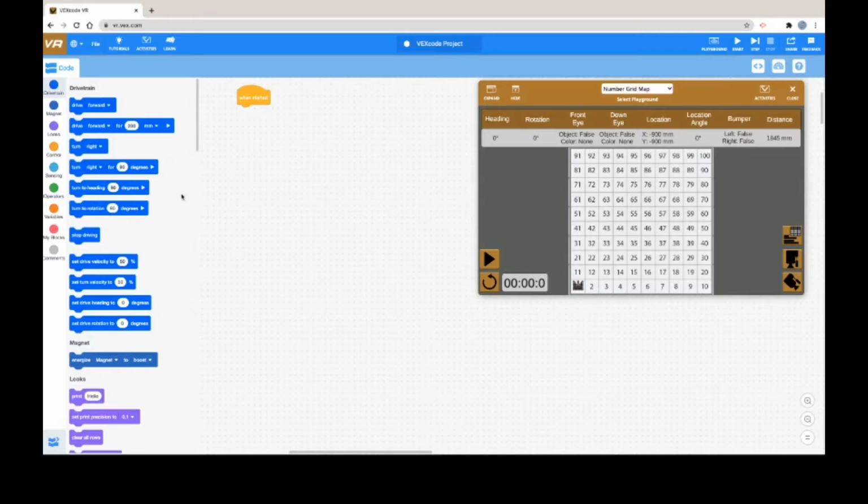Now let's look at some of the first components of the toolbar. To make our robot drive forward, we would want to use the drive forward command. However, we usually don't use the drive forward without any distance, as it does it indefinitely. So we want to control how much distance we want our robot to move. So go ahead and click on the drive forward for 200mm block and drag it over to the workspace. Then simply drag it under the when started block and you'll hear a click. That click indicates that the code has been attached, so when you click the start button, the robot will move